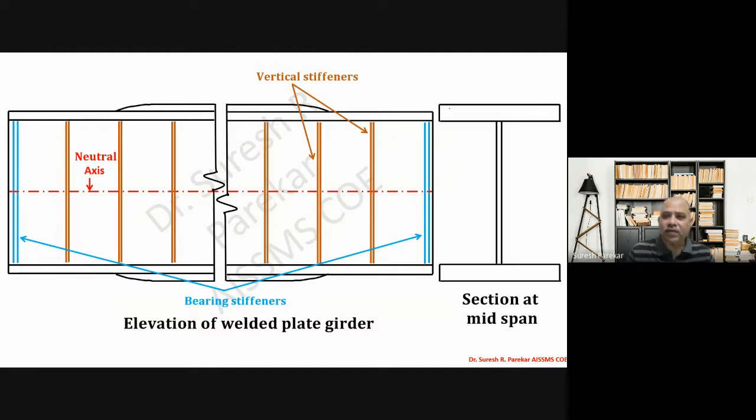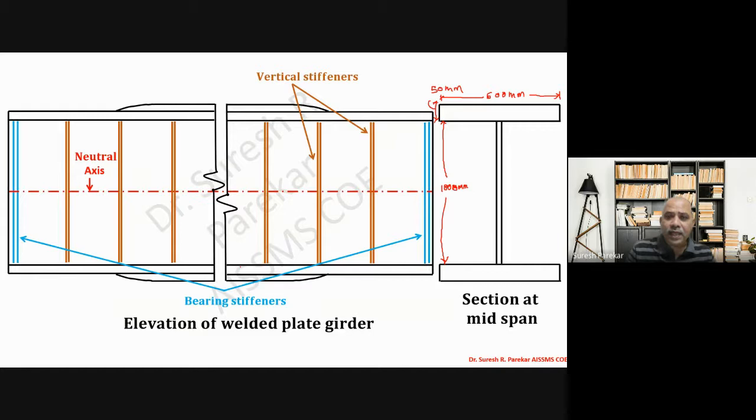Whatever thickness of flange you have, you have to write down the values. Suppose I have 50 mm, then you have to write down 50 mm. Then you have to write down depth of web, whatever depth of web you have. So let us say that will be 1800 mm, then you have to write down 1800 mm. Then width of flange plate. So if you have 600, you have to write down your dimensions, whatever you got after solving the problems.